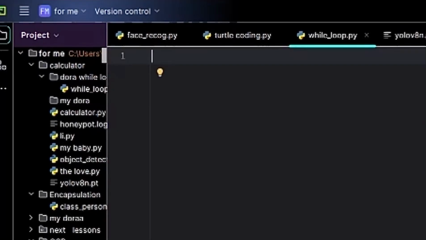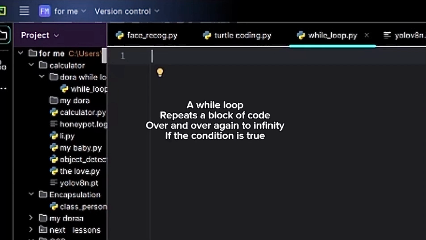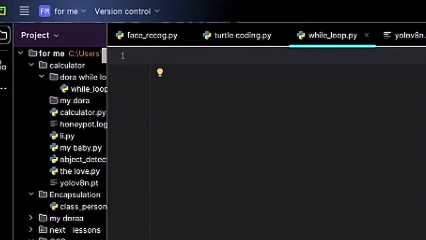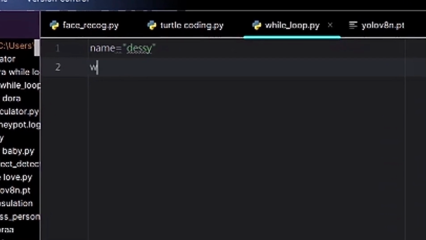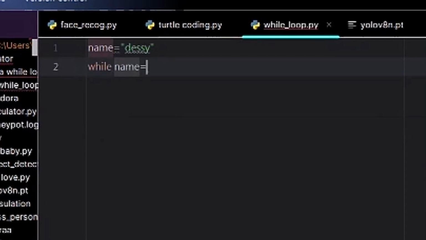So basically, the easiest way I can explain a while loop is that it is a way to repeat a code as long as the condition is true. If that condition isn't true, then the code will stop. What do I mean? Let's say now we have name is equal to Desi, and let us say while name, if my name is equal to Desi,